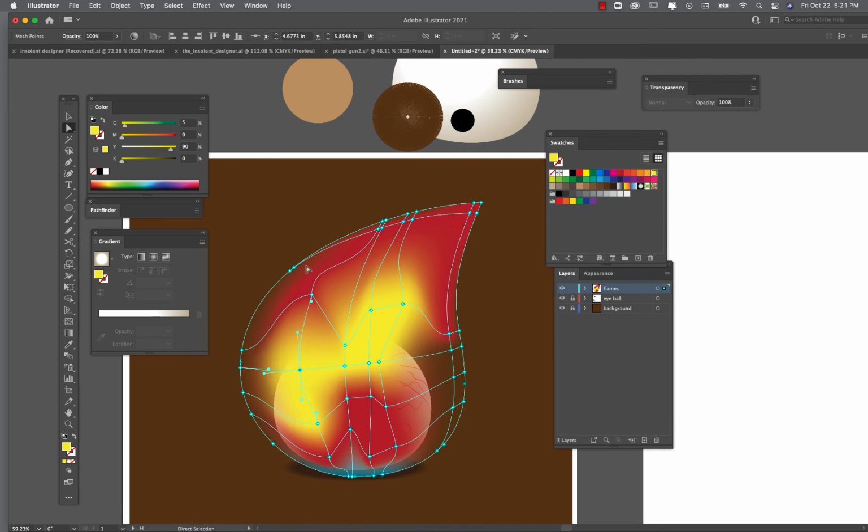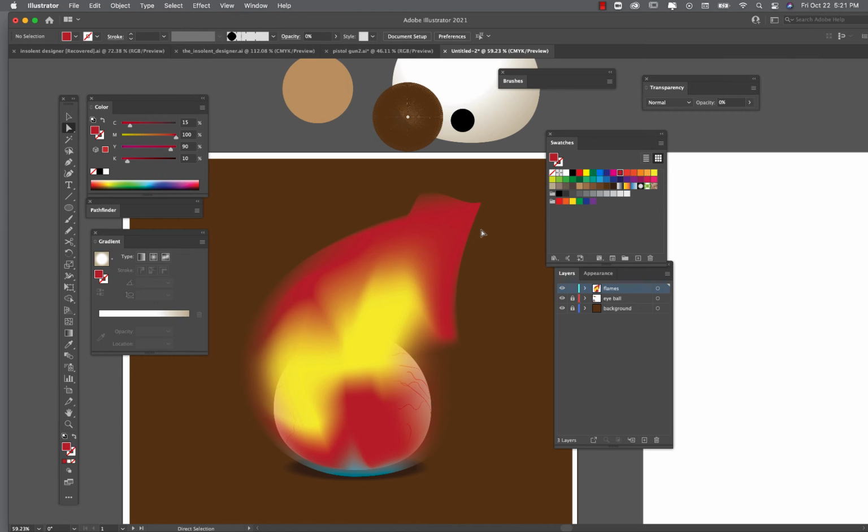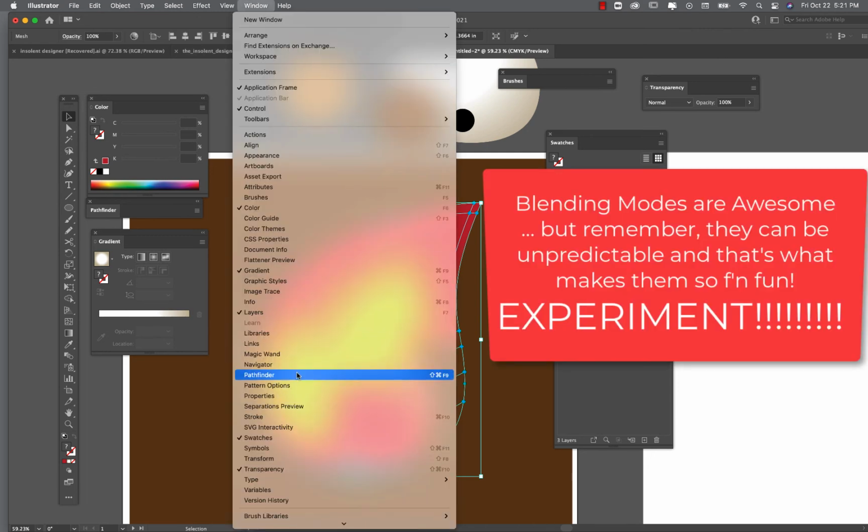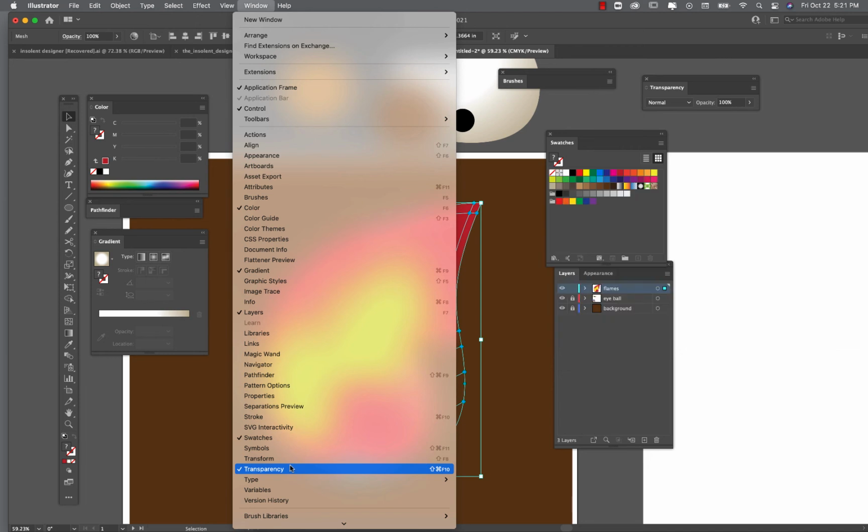There's a flame. So, of course, you can use this flame for anything you want to, not just this horrible eyeball that I'm doing. I'm going to Command or Control Z that. I don't like it. All right. And then the final thing is I'm going to select that flame, and I'm going to play with a blending mode on it. Up to Window, down to Transparency,